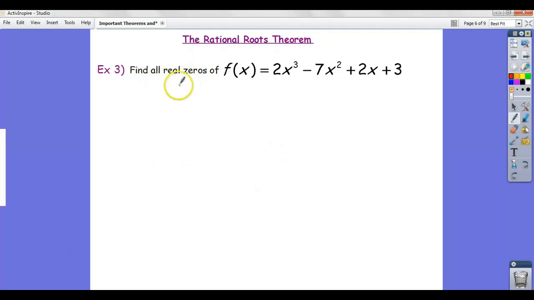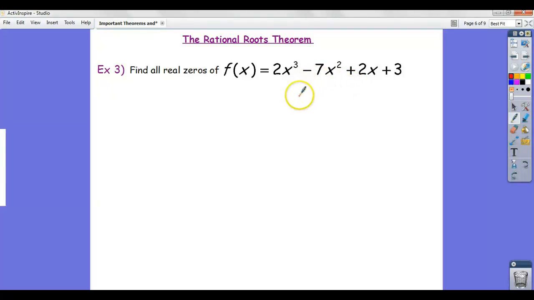It says find all real zeros of this polynomial. So I want to keep in mind, this is the thought process you want to go through when you're asked a question like this. First of all, can I factor it? Because if you can factor it, that takes the least amount of time, and that's what you try to do first. Now, this is a degree 3, so the only technique we've learned to factor this